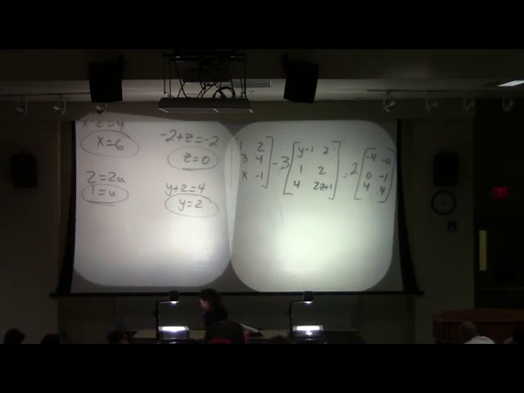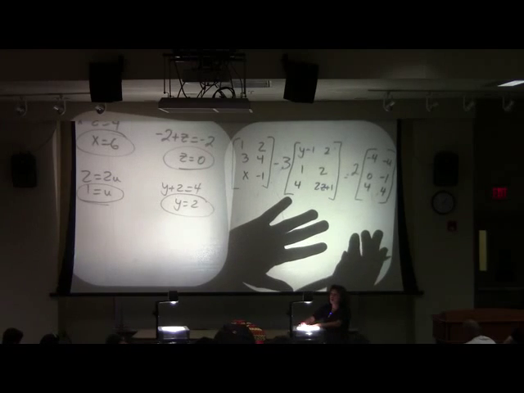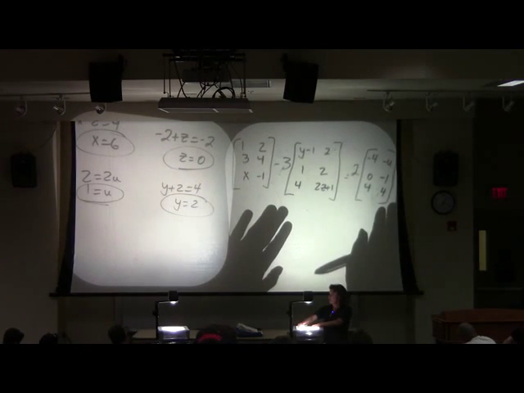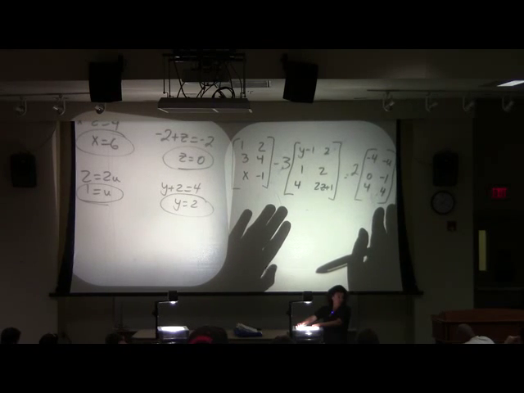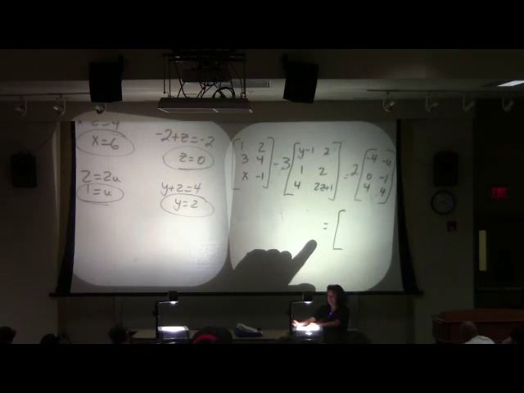Now, the reason why I encourage you guys to show every step is just because if you make a numerical mistake, we can give you partial credit. Okay? So we got a lot going on here, don't we? We certainly do. Our goal is the same though. We want to get one matrix on our left, one matrix on our right, and then solve for the variables. So let's deal with our right side first just because it's easier.